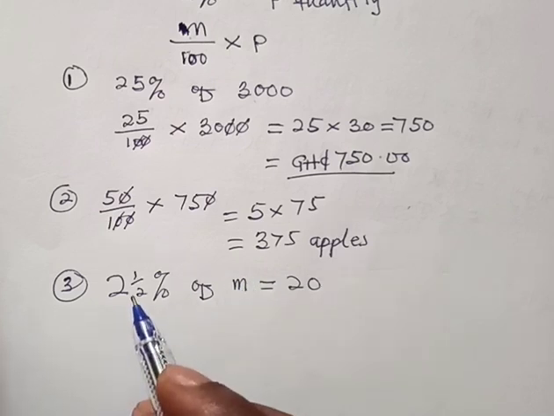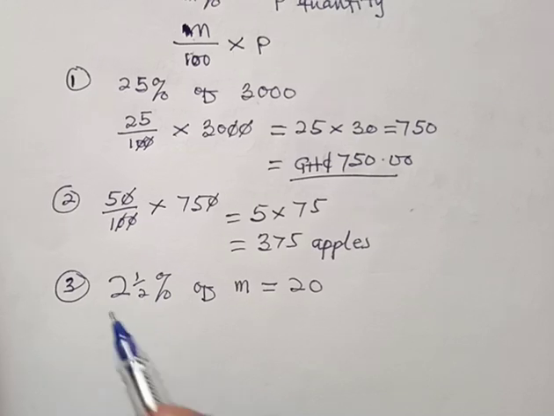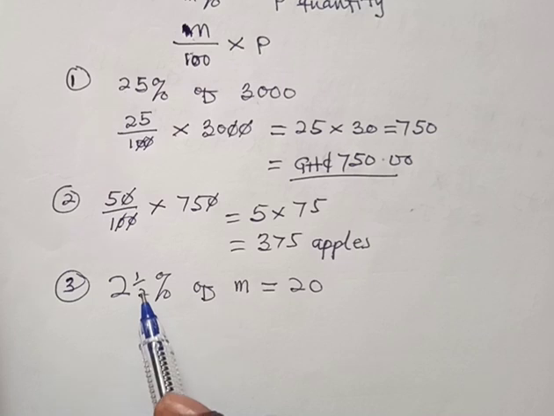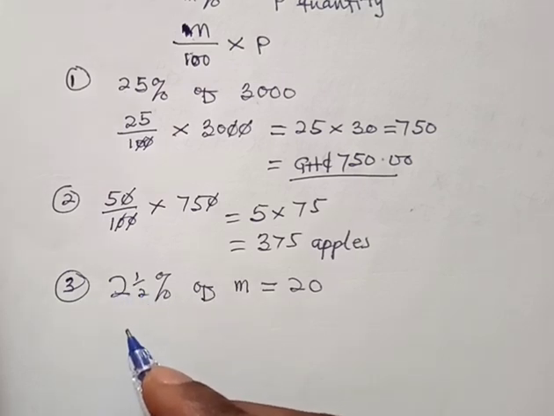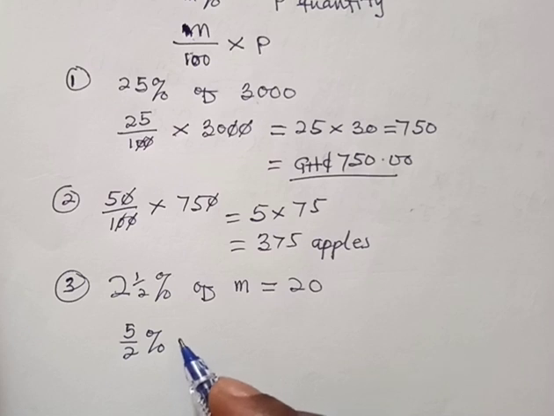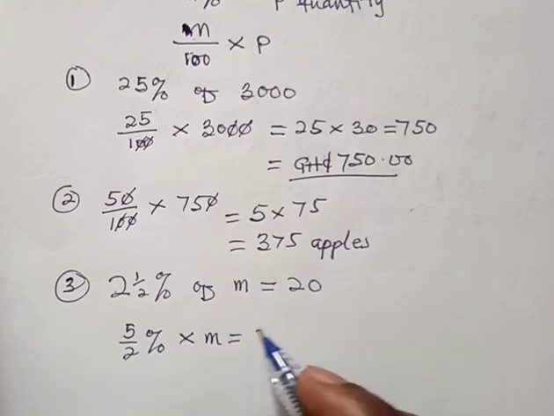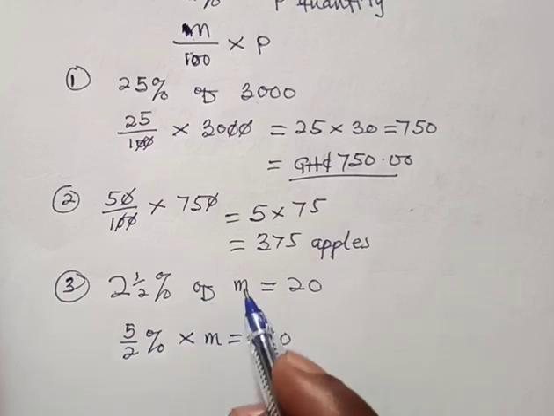But before that, we need to change this. You know that this is what? Mixed fraction. So we are going to change to what? Improper fraction. Now, these ones, you know them already, so we will not waste time. You just multiply this by this and add 1 to it. So here we are going to get 5 on 2 percent times what? M, which is equal to 20, because we said